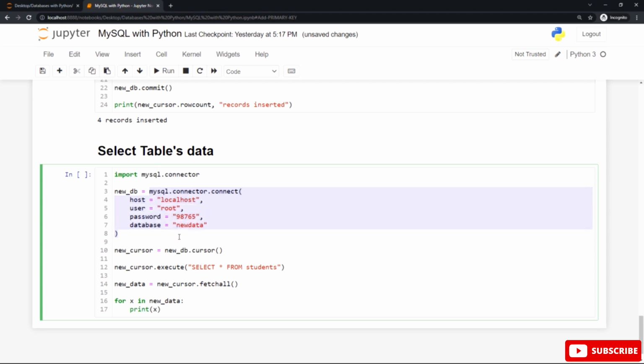We separate between them using a comma, as you can see here. Assign this to a variable and call it any valid, descriptive name you wish. After that, you can see the cursor. The cursor statement is used to perform the MySQL statements and operations. And by using this cursor, you can use the execute statement to execute the MySQL command, this MySQL statement here, to select all the information from the students table.